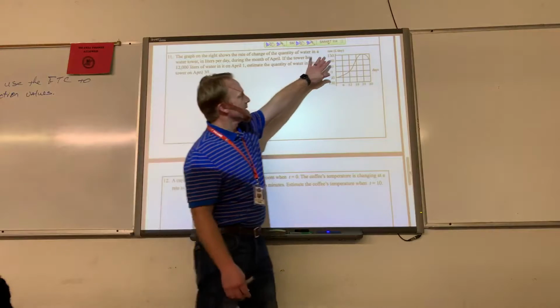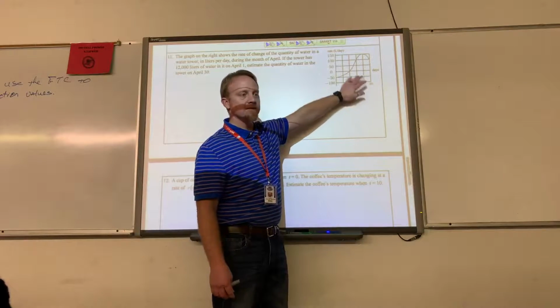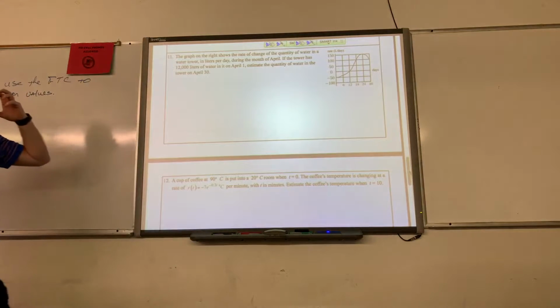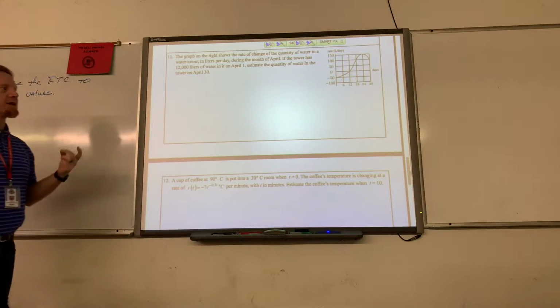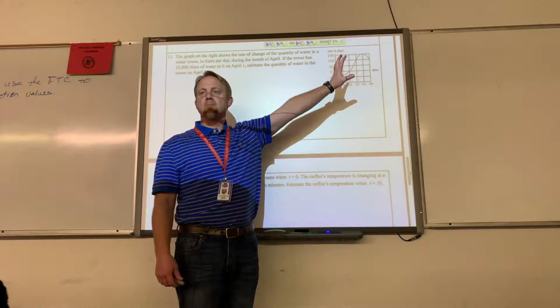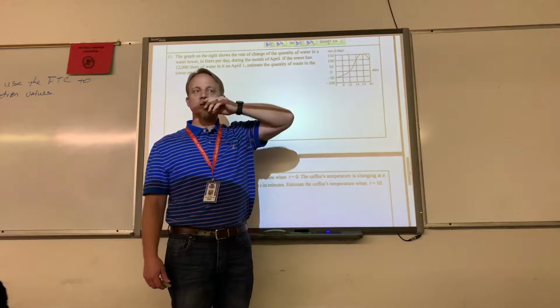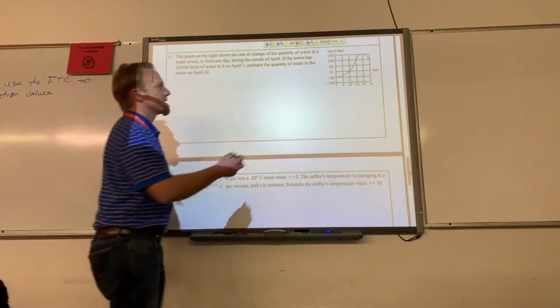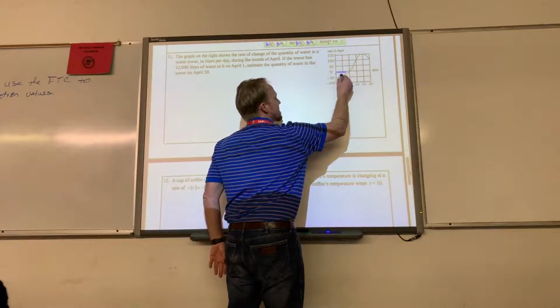we have liters per day and I have days. If I have liters per day and days and I want to get, what is it I want to get? Just liters. What do I have to do with liters per day and day? I have to multiply. So that means I'm finding what from this graph? You're going to integrate. I'm going to integrate. And what does a definite integral represent? Area under the curve. So I need to estimate. It wants me to estimate